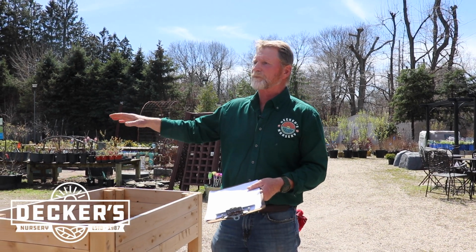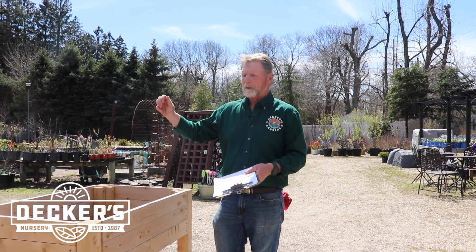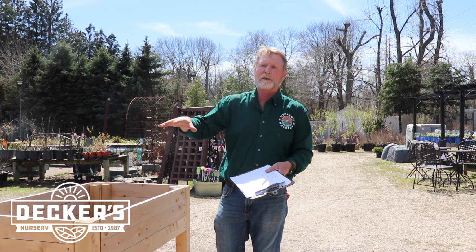Growing your own food has become very popular. So we made a very concerted effort on expanding our selection of fruit trees. And we have apples, pears, cherries, plums, peach, nectarine. So if you are interested in doing any fruit trees, now is a really good time to